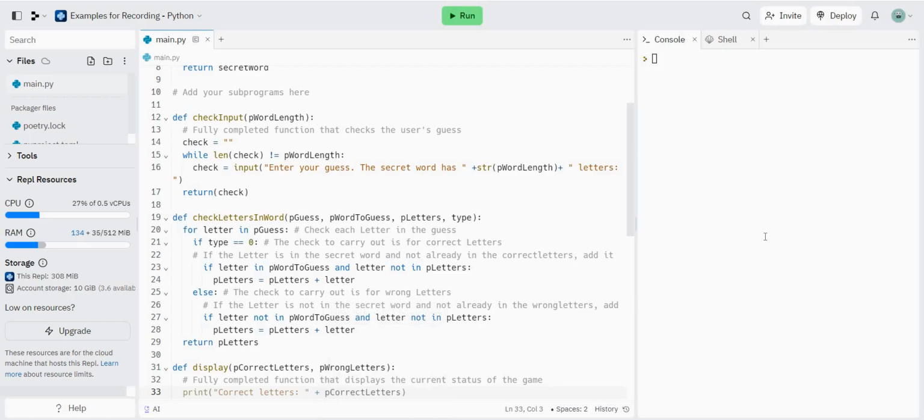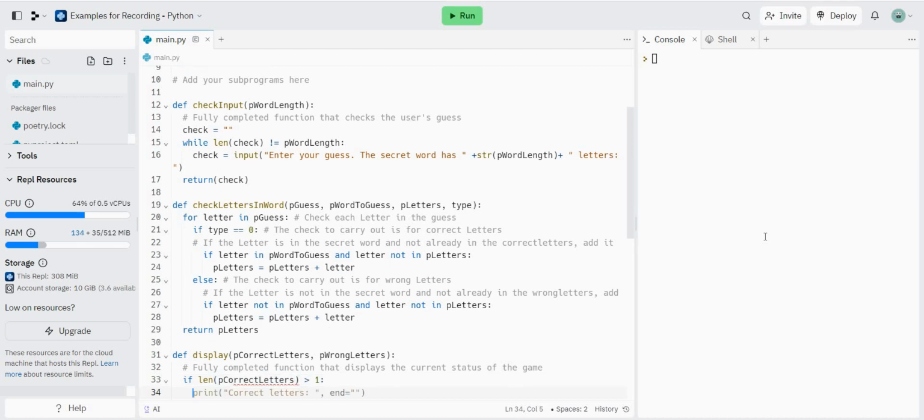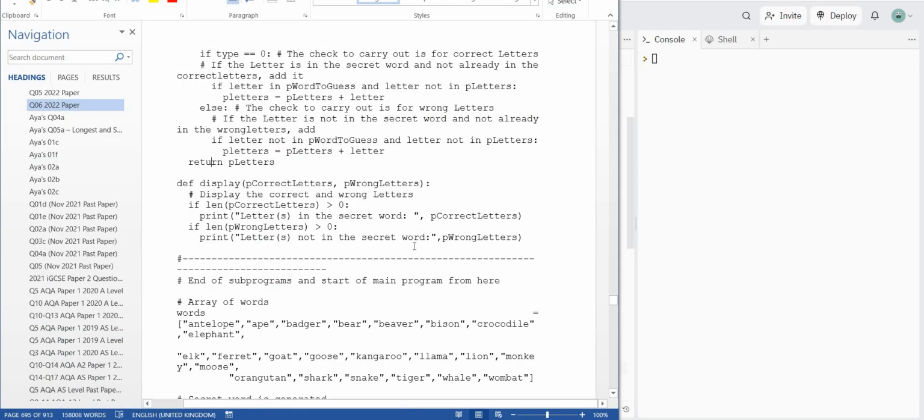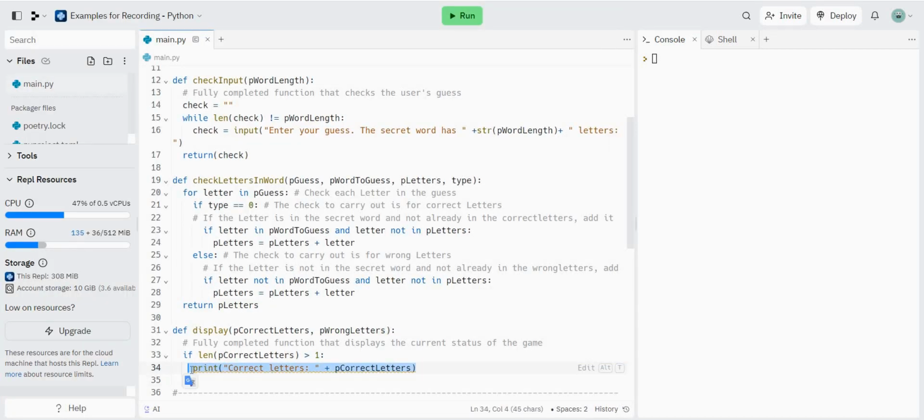So we want if len p correct letters is greater than 1. Then we're going to do a print statement. We are going to do okay. Correct letters, p is going to be p correct letters. So this is saying how many letters are in the secret word, and if not,